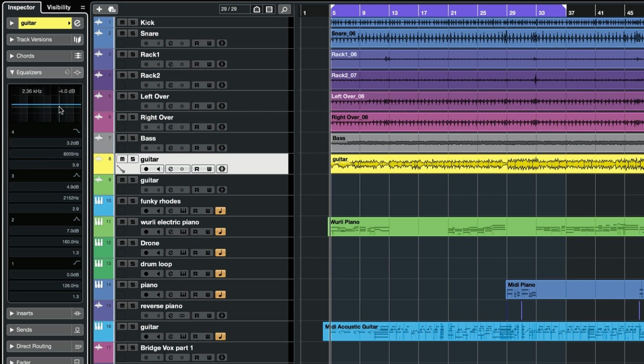So you've got this little graphic that allows you to EQ the guitar track and manipulate the EQ curve. This isn't my preferred way of using EQ, but it's definitely a handy one to really quickly address some of the parameters that we're going to be changing in the next couple views. So this is the very first place that you could probably create some quick changes if you needed just from